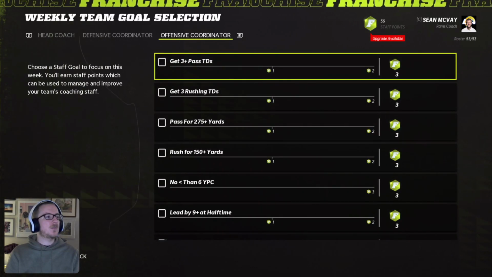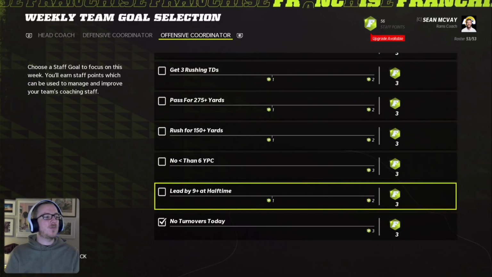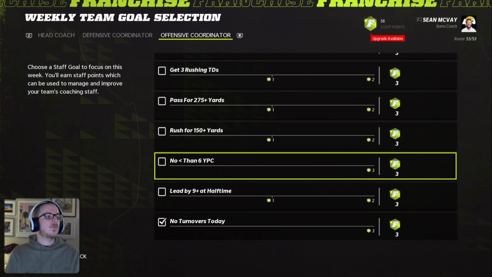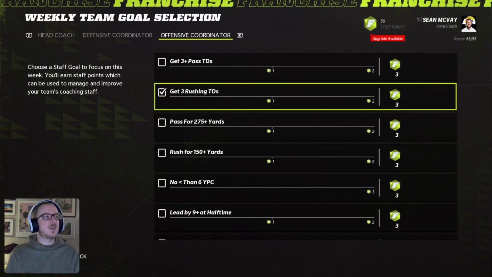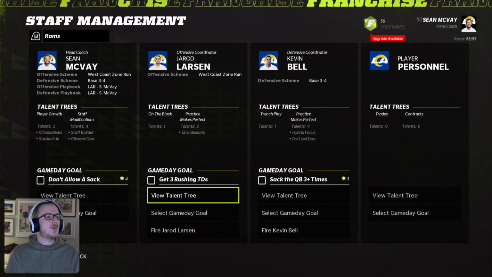Offensive coordinator. We need to get Darrell Henderson the ball, so let's try to go for no less than 6 yards per catch. I'll try to get 3 rushing TDs. That would be fun. And then can we spend our staff points? Let's